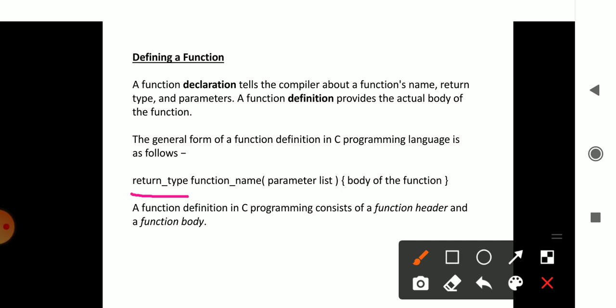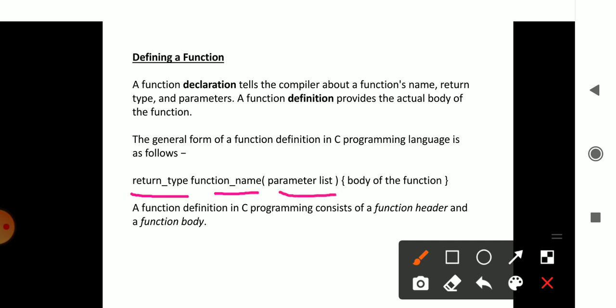In the general form of function definition, the first element is the return type, and it is followed by the function name. The function name can be any name, just like forming an identifier; we can give any conventional name for the function name, and this function name is followed by the parameter list.